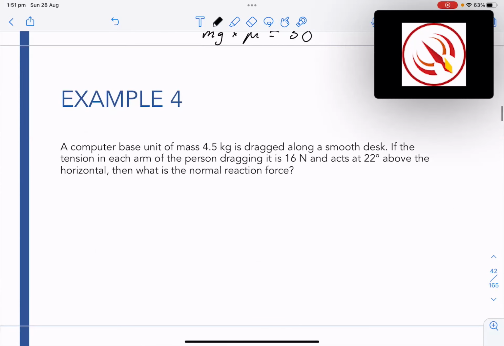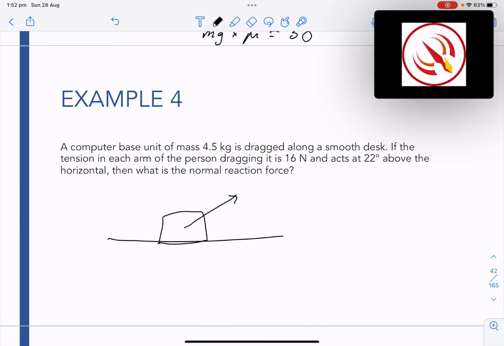Let's do this question here. Okay, so it's a more complex setup because the force acting on it is angled at 22 degrees. A computer base unit of mass 4.5 kilos is dragged along a smooth desk. Another setup of the box, except the force pulling here is by two arms, each with tension of 16